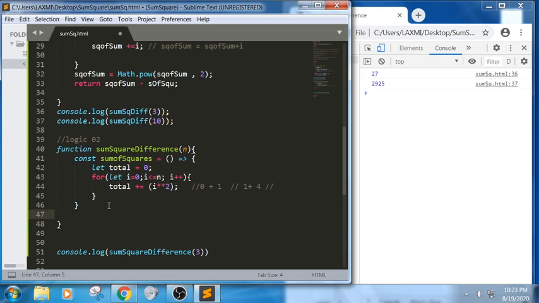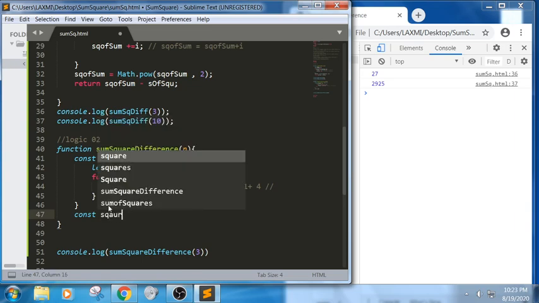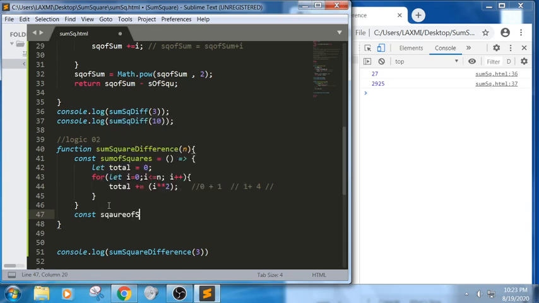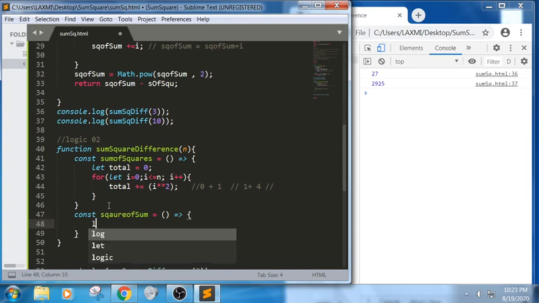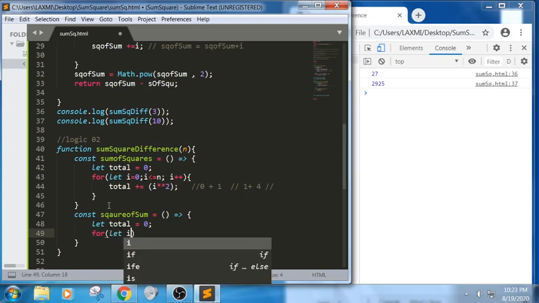Now if I want to write the same thing for square of sums, I am trying to write a square of sum here, an arrow function. In this arrow function let us take let total equals 0, for let i equals 1.